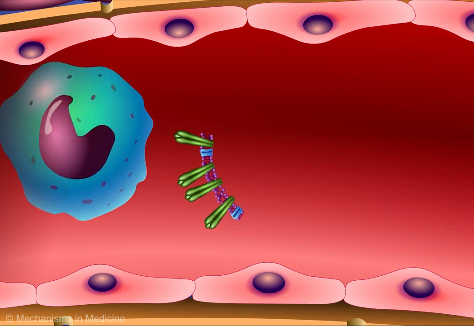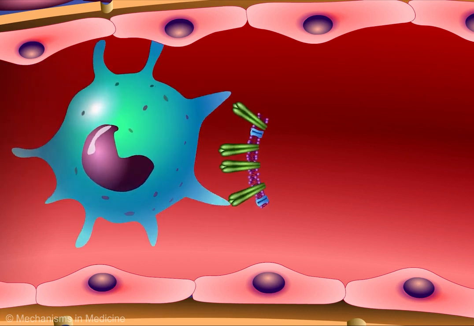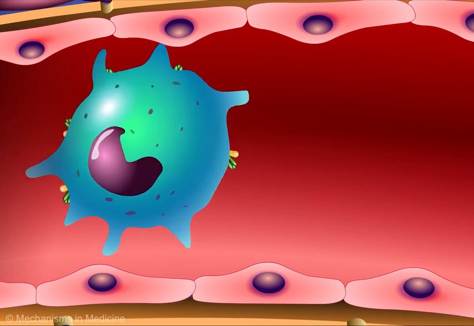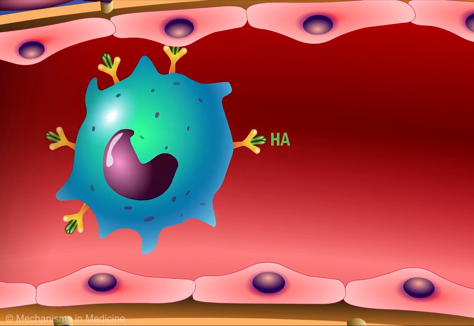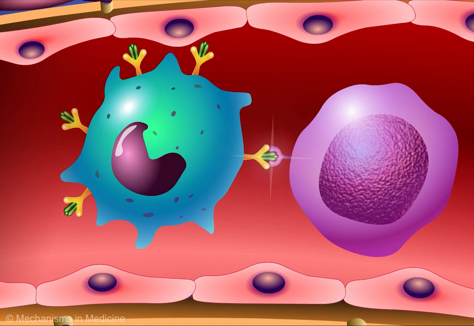A major mechanism of action involves macrophage phagocytosis of hemagglutinin, breaking it into smaller components. After ingestion, macrophages display the hemagglutinin antigen on their surface in combination with a specific receptor known as the major histocompatibility complex or MHC. T cells are now able to recognize and bind foreign antigens that are associated with the